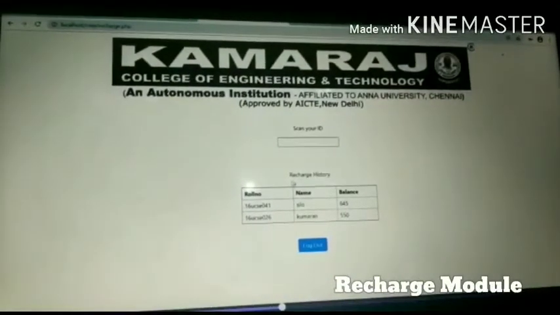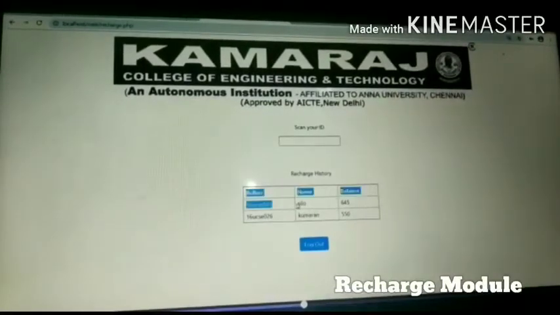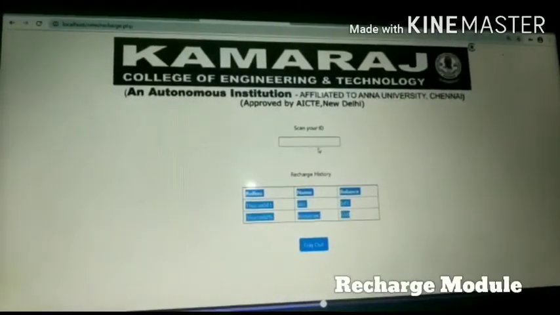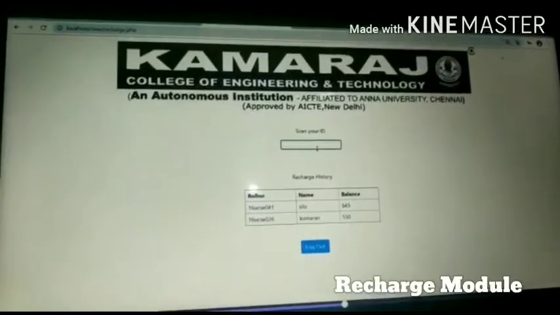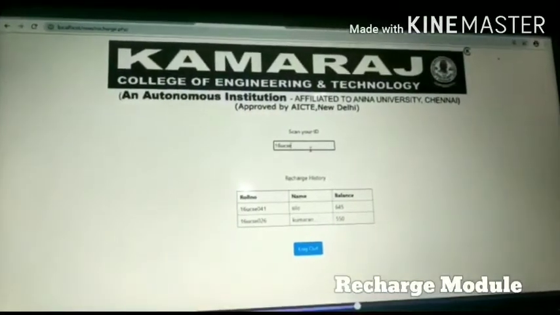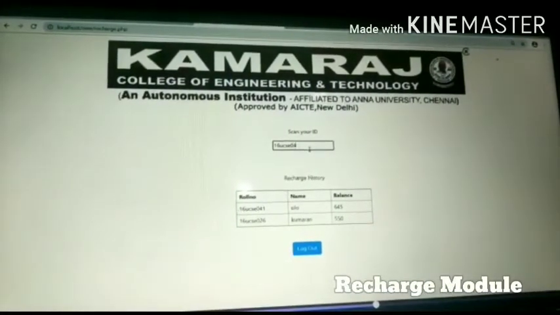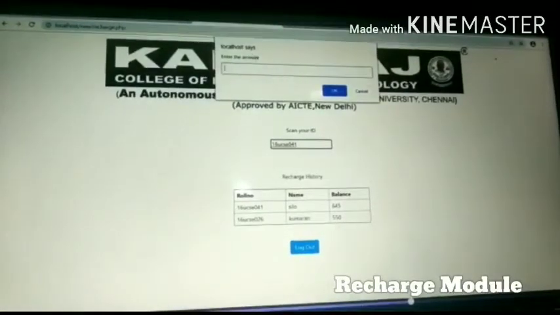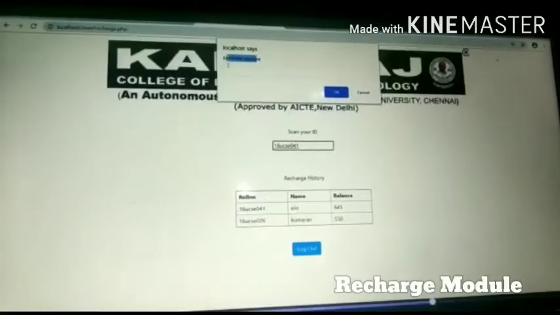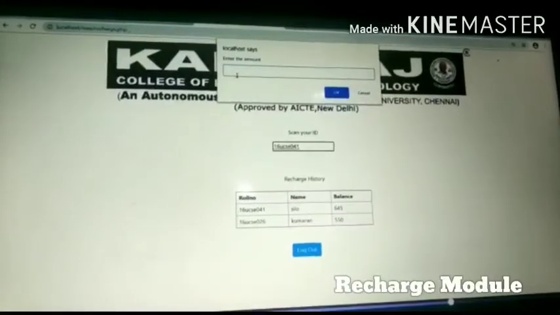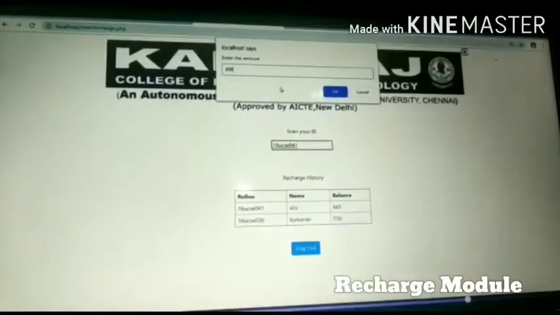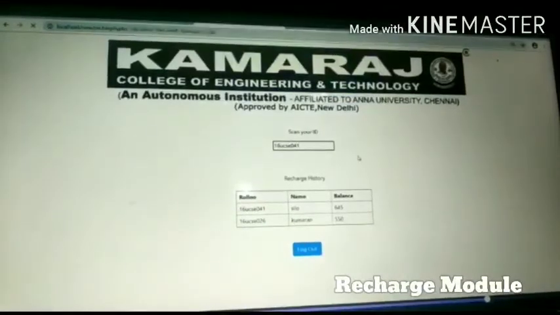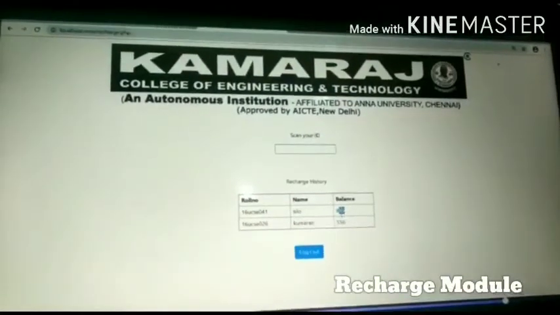If a valid ID is entered, then the user's roll number, name and balance will be displayed. Then the user can enter the amount of the current recharge. If the OK button is pressed, the amount will be added to the balance.